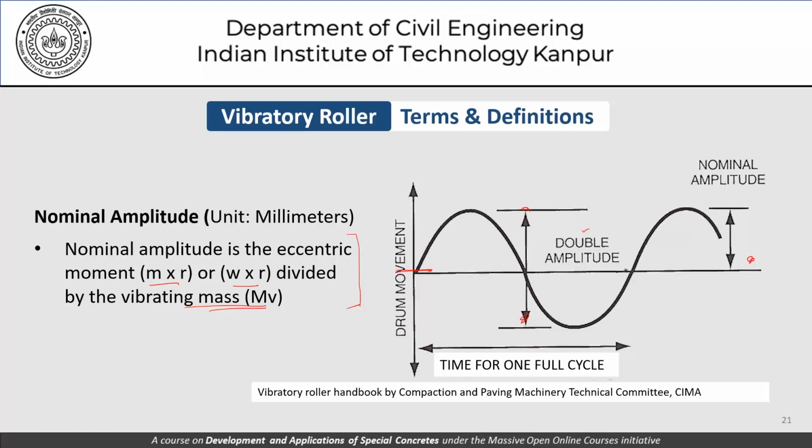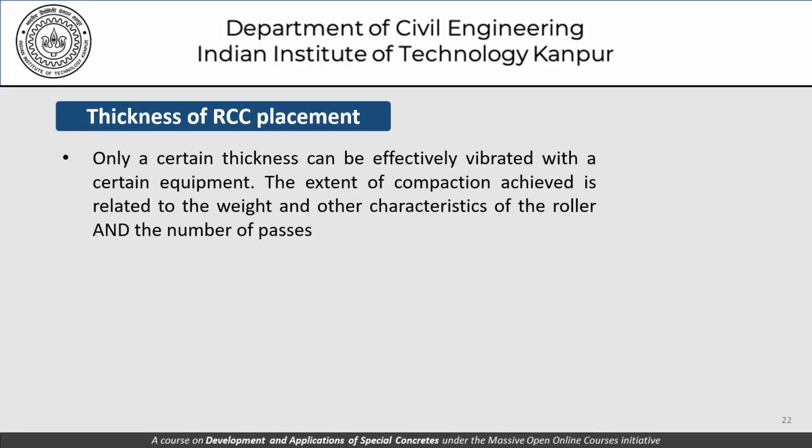With that, let's move on to the thickness of RCC placement. Only a certain thickness can be effectively vibrated with a certain equipment. The extent of compaction achieved is related to the weight and other characteristics of the roller and the number of passes. Now what is being said here is that